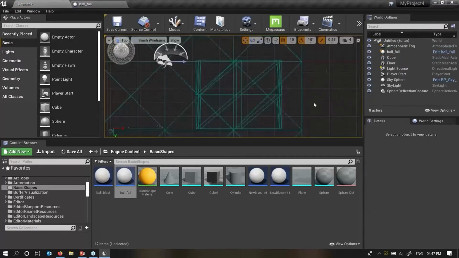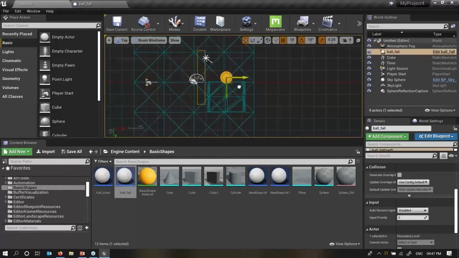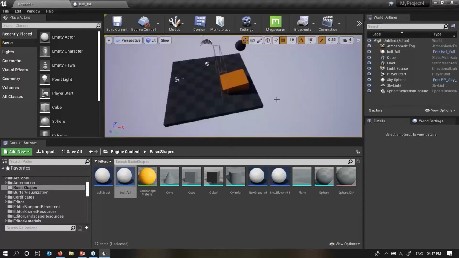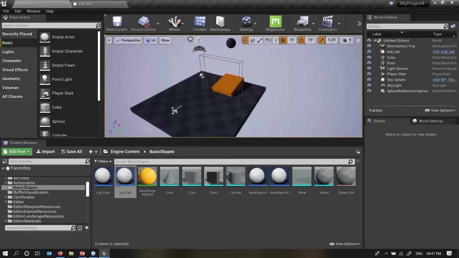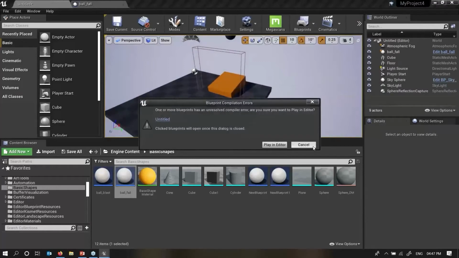Don't select, Control and middle mouse up. Select this sphere. Once any character has entered this trigger, this cube or box, my sphere or my simulation will start. See this? Now go select and play.